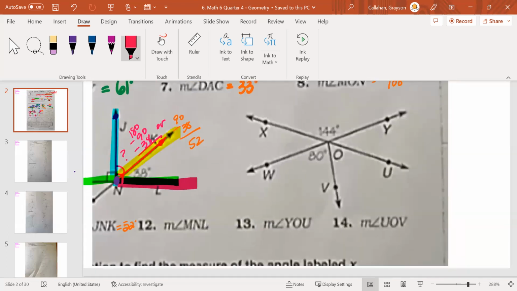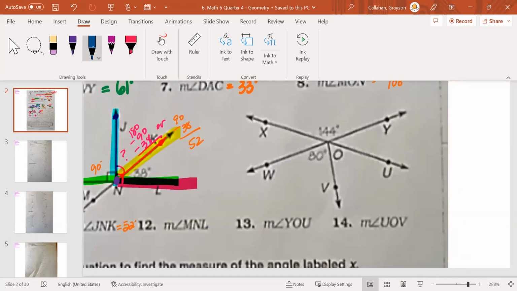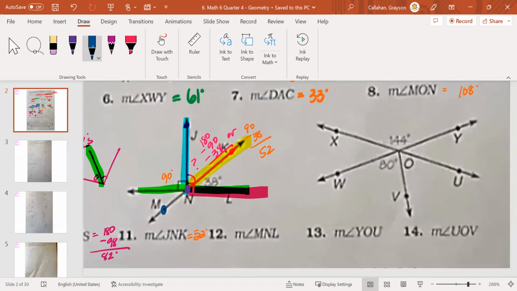Okay, I'm moving on. Let's take a look at the next one. MNL. This angle right here. Do you see where the question mark is? Okay. So for this one,